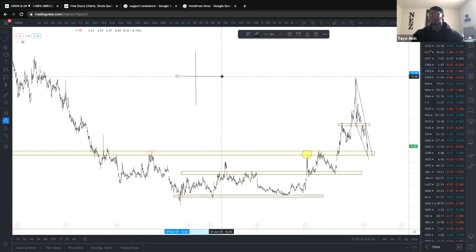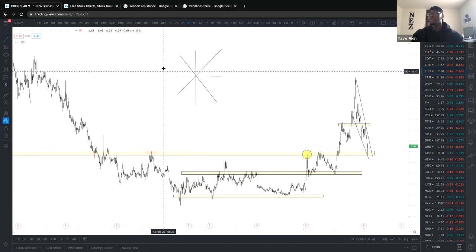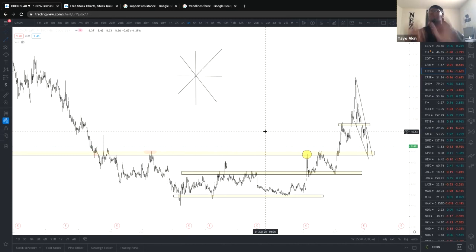So basically you're going to draw it all over the map, or all over the chart, and then you're going to see exactly what I mean by all these rejection zones, okay? So when you are marking up a chart and you see all of this, if you apply that star,